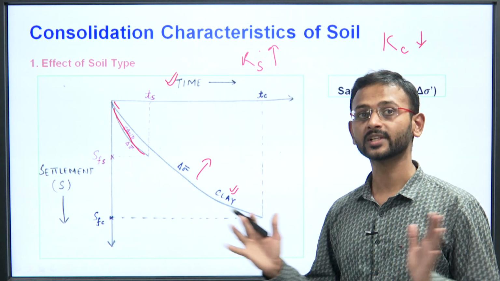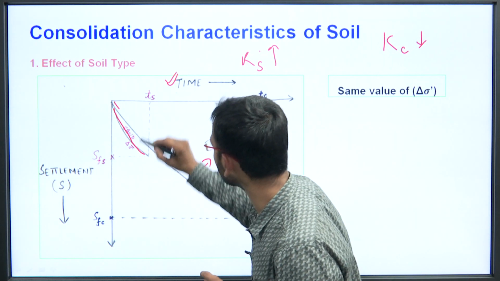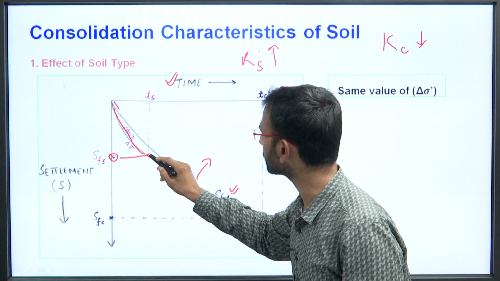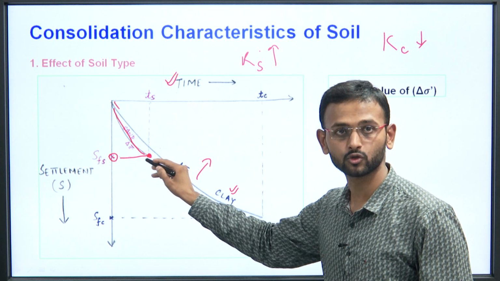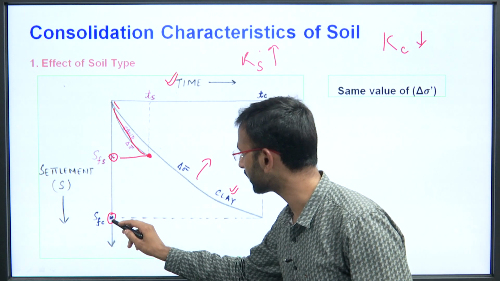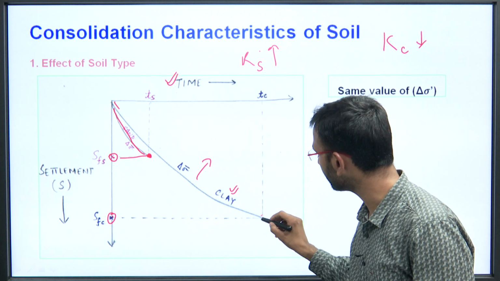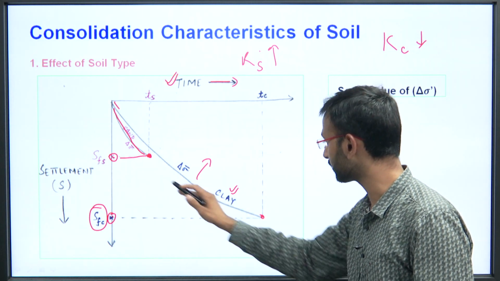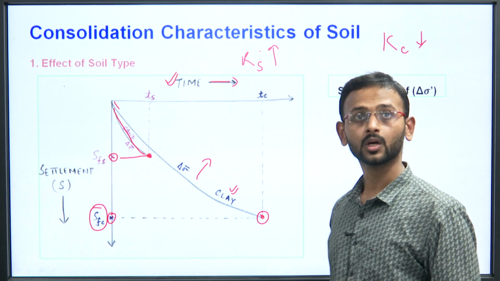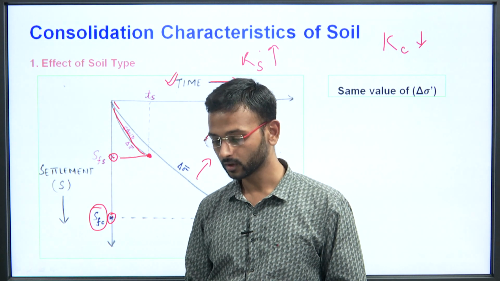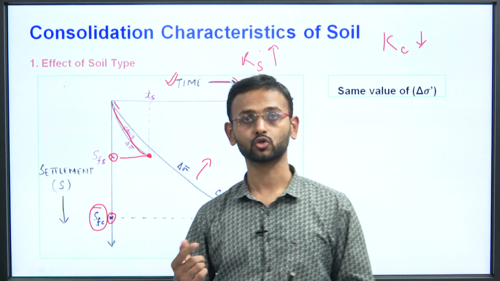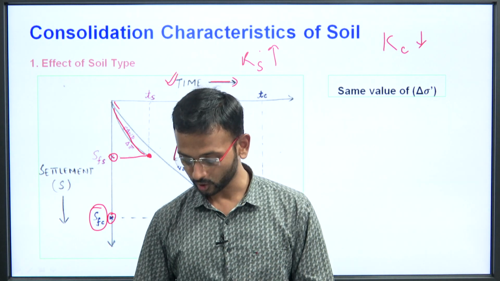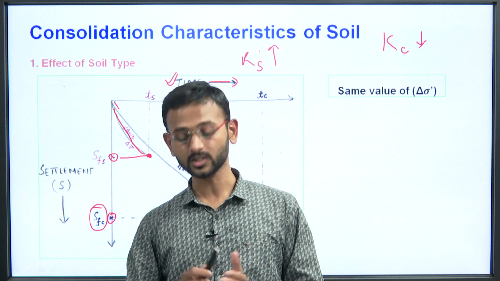Now, if you are talking about the total settlement that is taking place, the total settlement can be noted by a fixed point, that is this. With time the sand will come to a settlement at this stage. Sand is assumed to be completely settled, and with this, the clay settlement with time comes out to be this much. So we can see that the rate of settlement of clay is very slow because of the low permeability, while the porosity is very high.